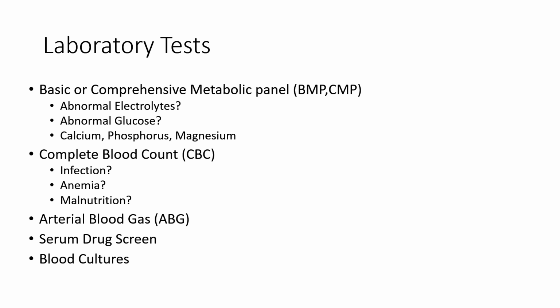They're going to do either a basic or a comprehensive metabolic panel. They are looking for abnormal electrolytes, abnormal glucose levels, looking for abnormal calcium, phosphorus, magnesium levels. The brain, especially the cerebral cortex, is very sensitive to, for instance, a low glucose, and so we're going to be looking to make sure the patient's electrolytes are all